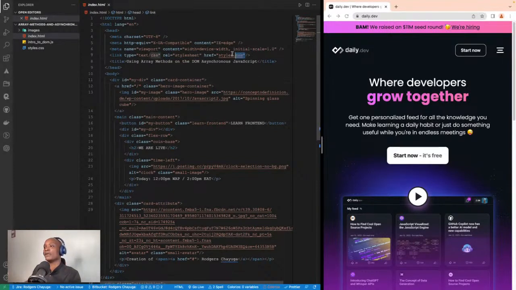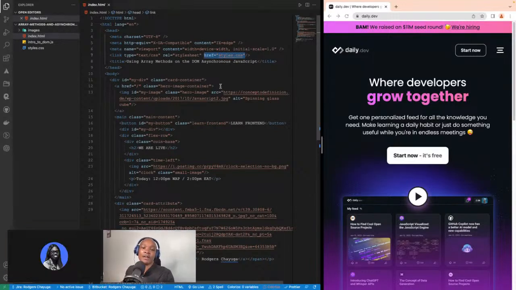Now we have the href. This one is the specific route where